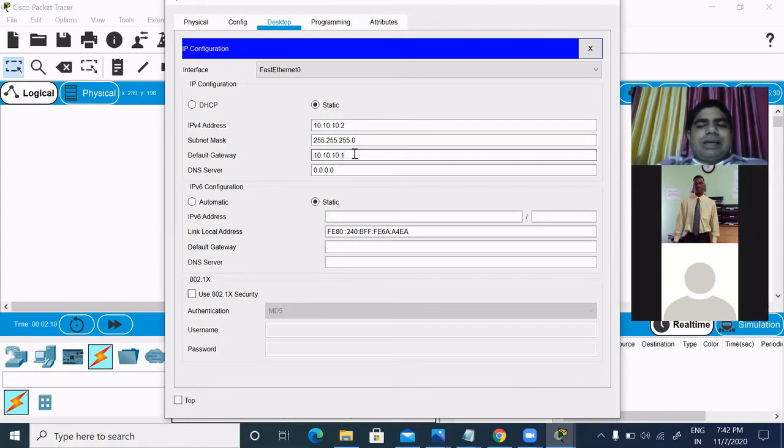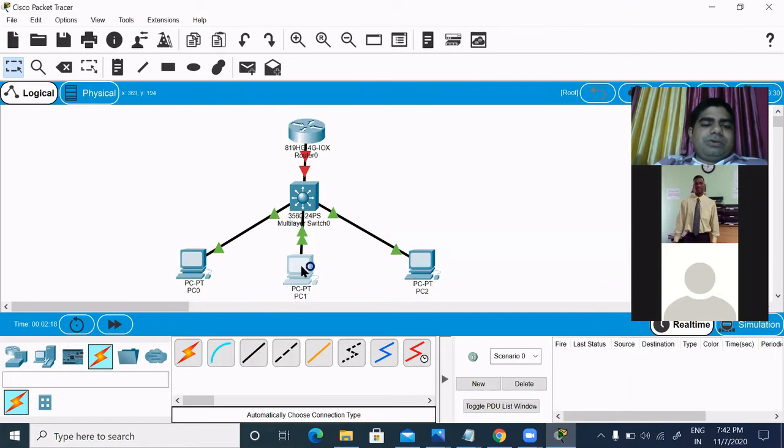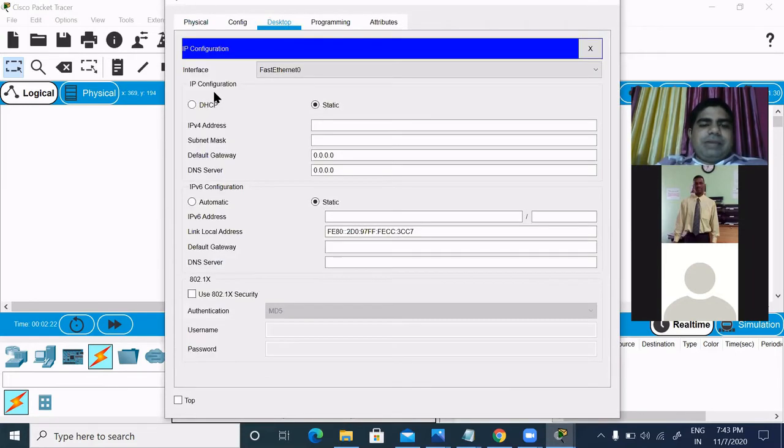Right now we are just giving the default gateway. In the same way, on the next PC we will assign 20.20.20.2, subnet mask 255.255.255.0, and gateway IP 20.20.20.1.